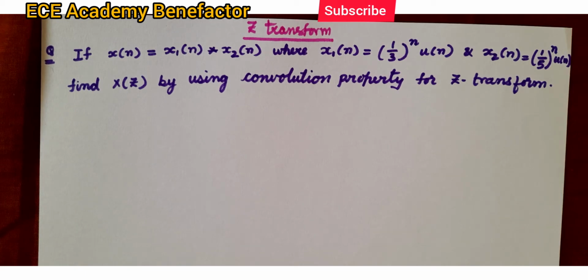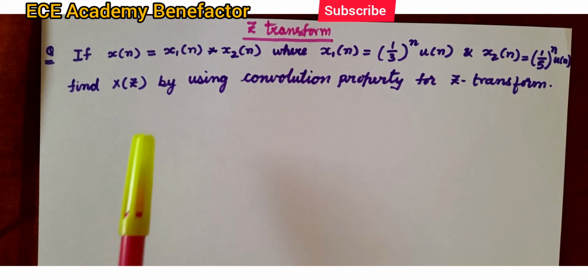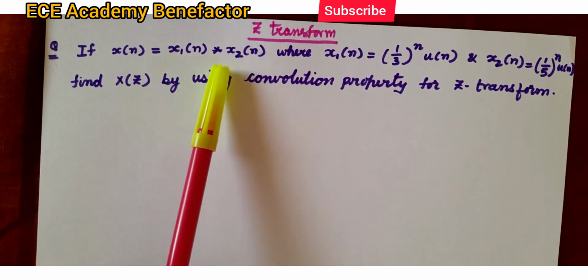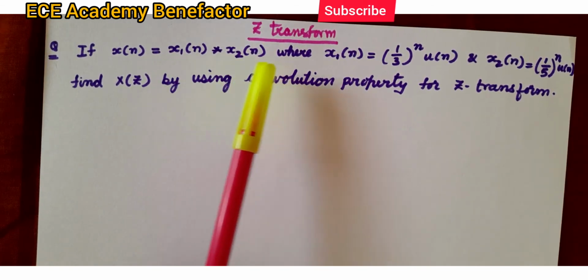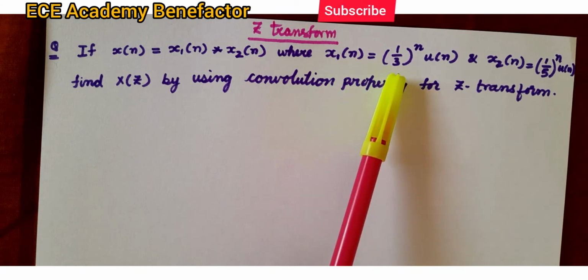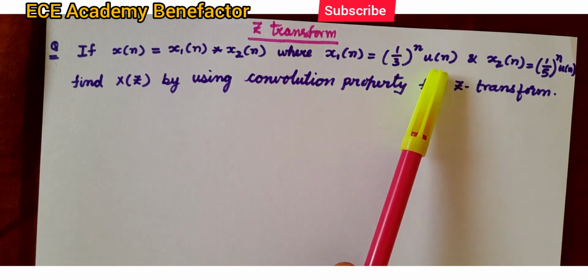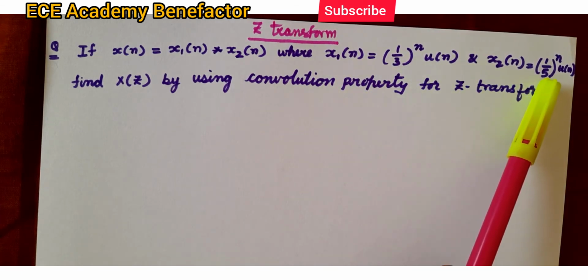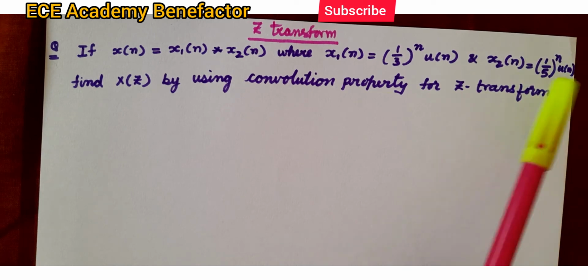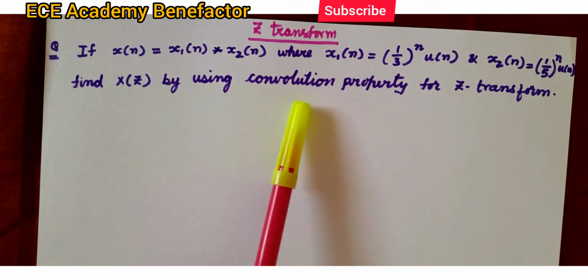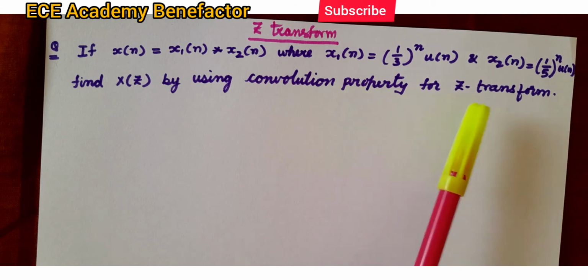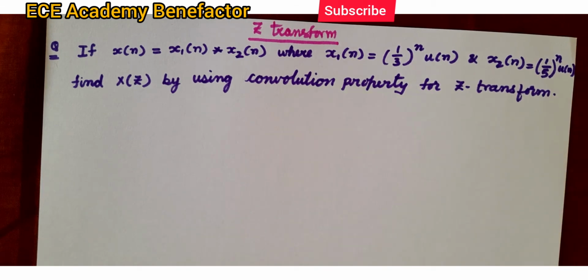The given question is, if x of n is equal to x1 of n star x2 of n, where x1 of n is equal to (1/3)^n u of n and x2 of n is equal to (1/5)^n u of n, find X of z by using convolution property for Z transform. The solution is,